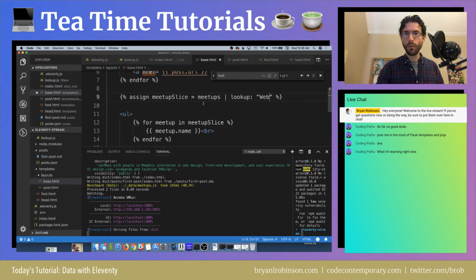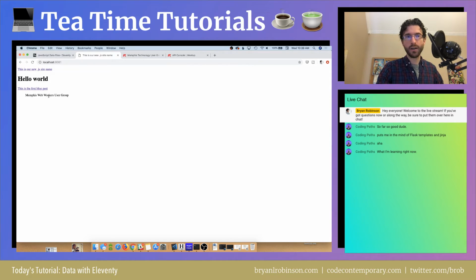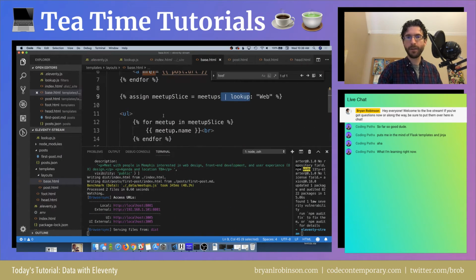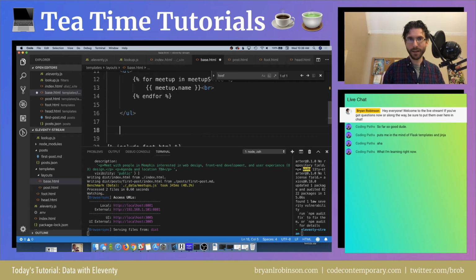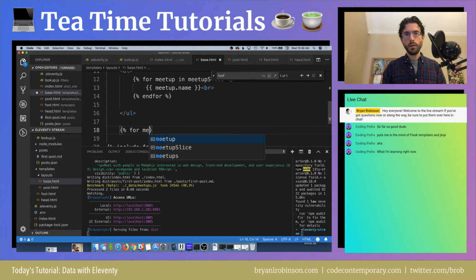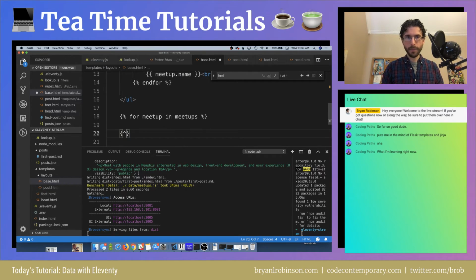In our base, we run meetup slice equals meetups, filter, and I have a cat laying on my shift key. Excellent, thank you, Nancy. Meetups, filter with the lookup web workers, or in this case, just web, and it just returns one piece of data. And to confirm that the original array exists and is still healthy and strong, meetup in meetups, we'll go ahead and specify out all meetups down here. So we'll say list item meetup.name,